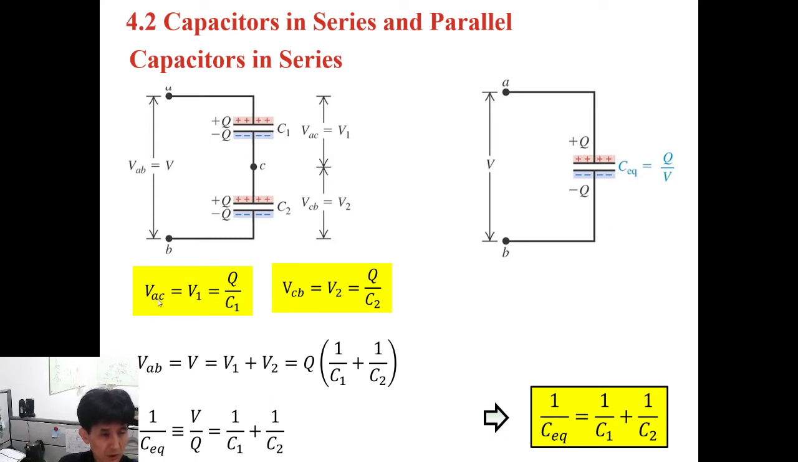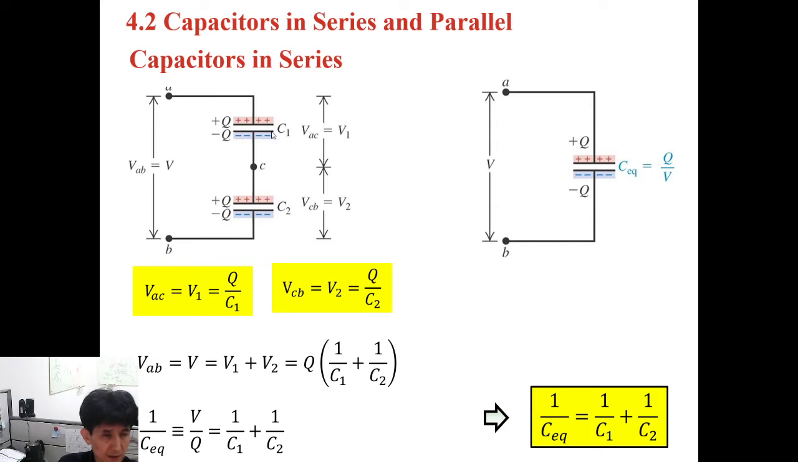So the voltage across device 1 is the voltage between point A and point C. The voltage across A and C is defined as V1, which is Q divided by C1. And the voltage across C to B is VCB, or V2, which is Q divided by C2. And this Q and this Q are the same, because